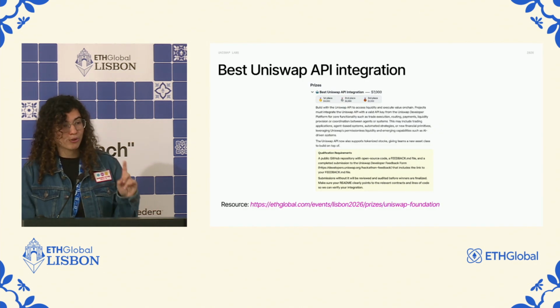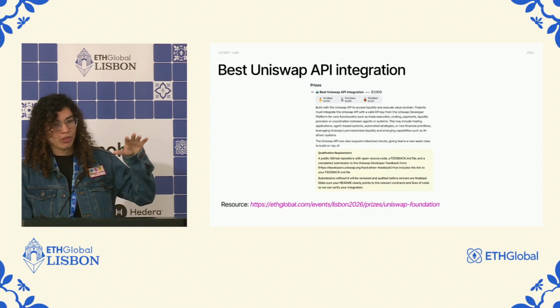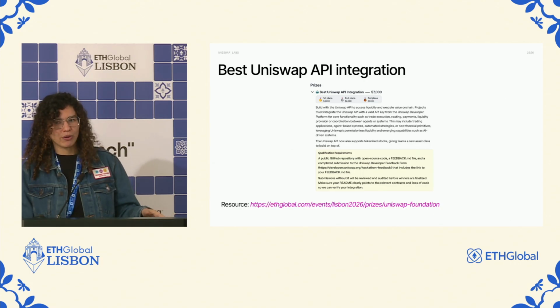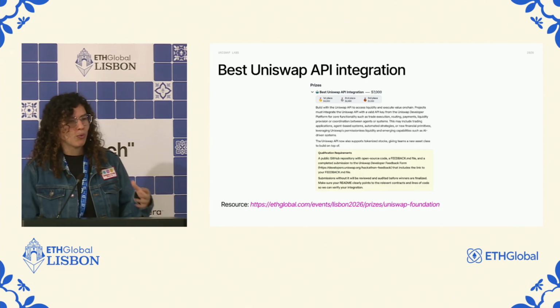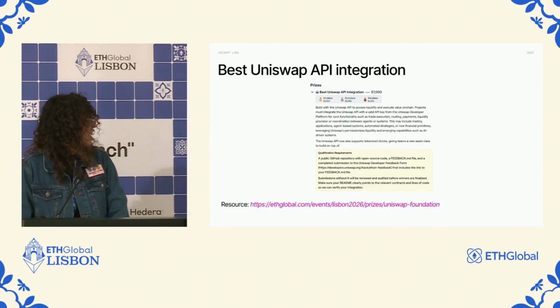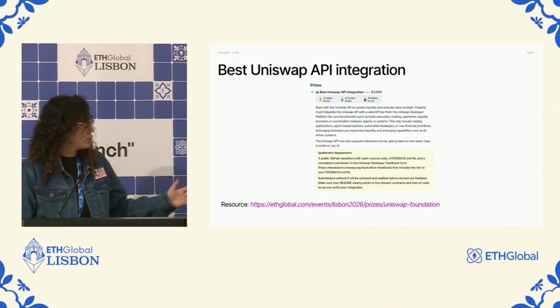So we have one from scratch, meaning the people that are just working over the weekend, we're looking for the best Uniswap API integration. That means that we want people to integrate our Uniswap API in their projects, which honestly should be pretty straightforward, because if you're building on top of any finance primitive, you might need swaps. So this should be a good way